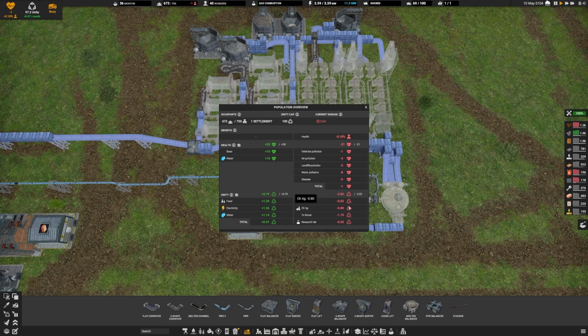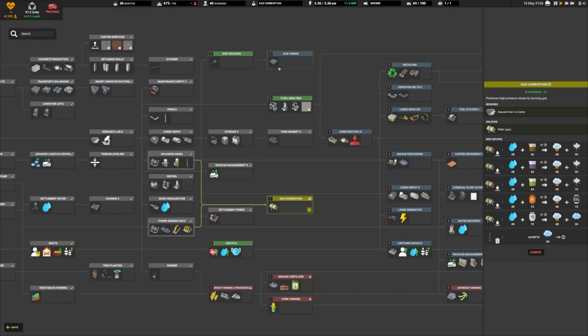and then health, oil rig, 7 boosts. Oh, that's that. So vehicle pollution, air pollution, landfill pollution, water pollution, and disease. We're going to take care of part of this soon enough. That's why I want the burner. That's why I want gas combustion. We want gas combustion,